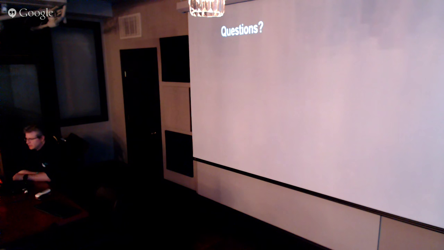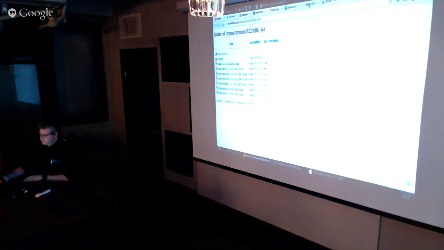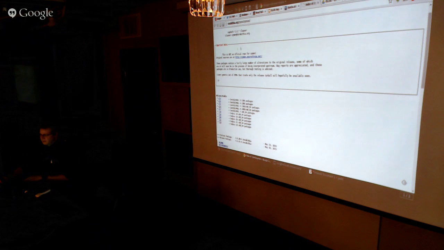Did you hear me talking about the RPMs? Yes. Okay. So for those who didn't hear, the T50 site has RPMs that get generated, which have fixes that aren't necessarily in the actual release yet. Their website just kind of looks like this. And go back to the README. This is not an official repo for Xymon.